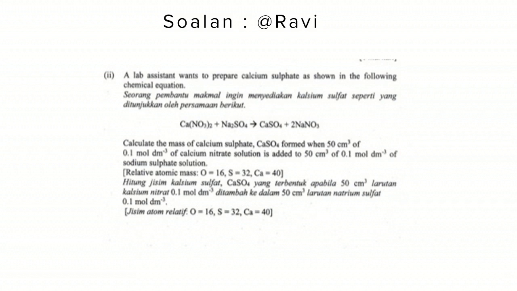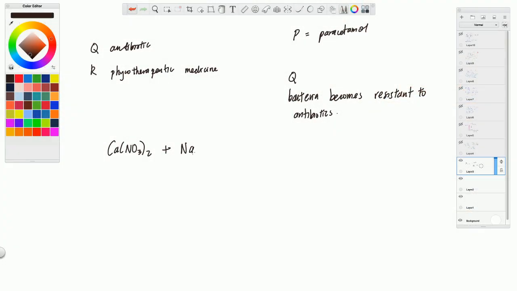All right, so a lab assistant wants to prepare calcium sulfate. Okay, so the question gives you calcium nitrate and sodium sulfate. You get calcium sulfate and sodium nitrate. Calculate the mass of calcium sulfate. How much of this you get